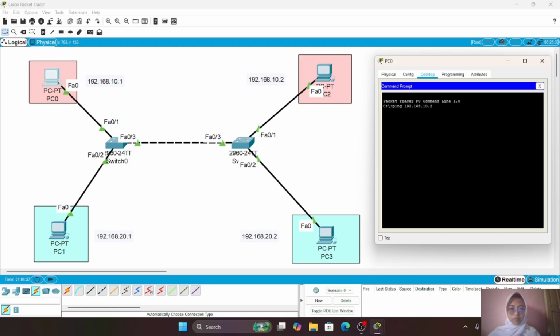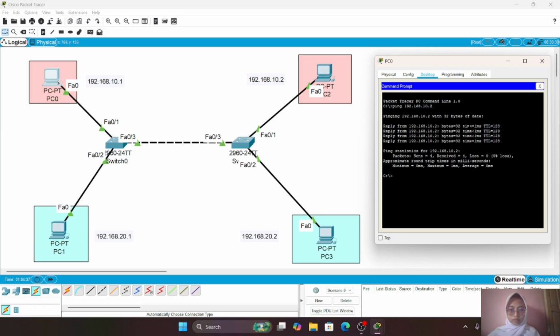Since both devices belong to VLAN 10, communication should be successful. As expected, the ping is successful. This confirms that VLAN 10 traffic can travel across the trunk link between the two switches.